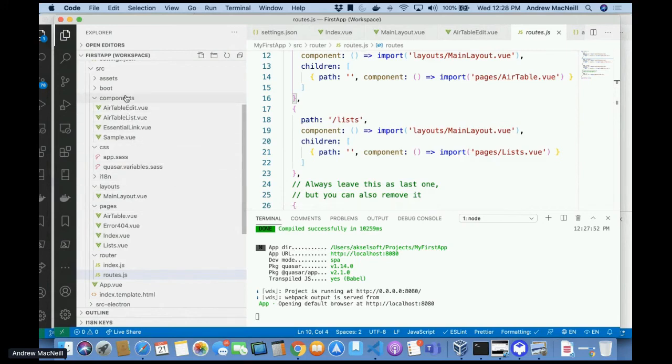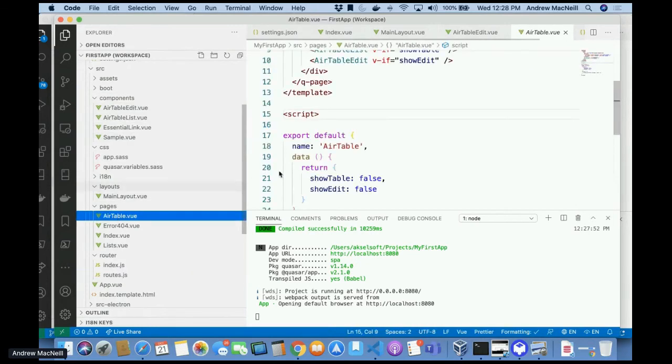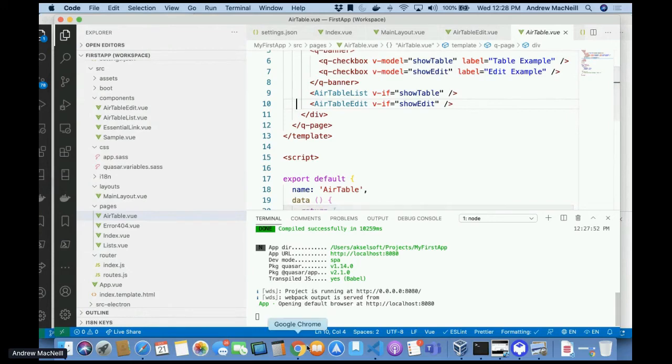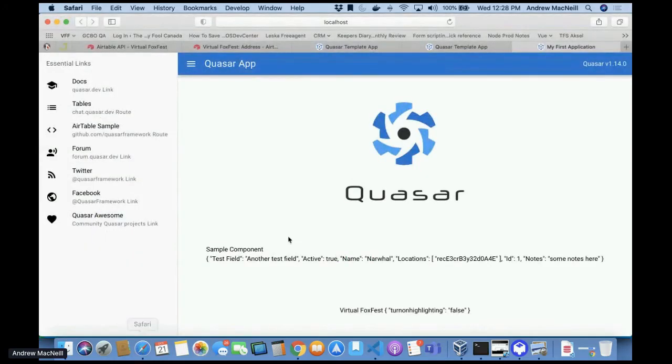And if I look in the components, I can actually see a couple of these other items that are listed down here as well. So if I go to the page of Airtable, I can see that it's referencing Airtable list and Airtable edit. So it's all working together in its essence. And if we take a look at this application that it's built,